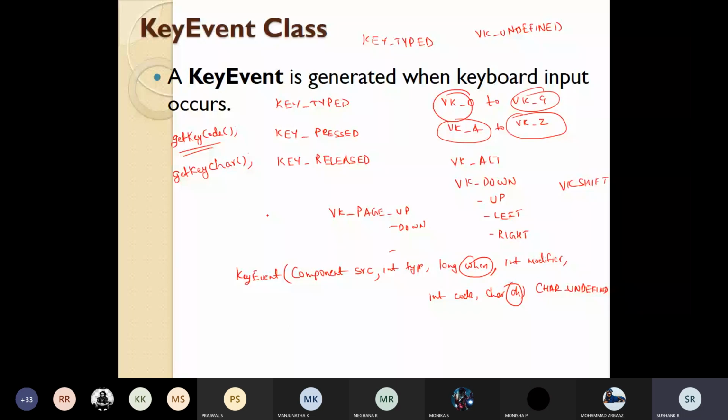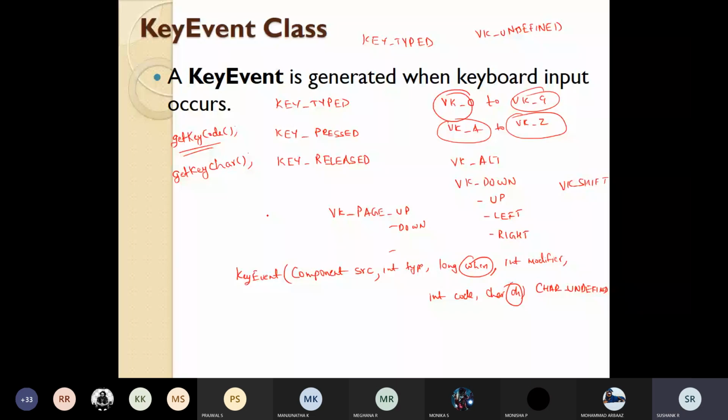Here we have one constructor for MouseEvent. The first one is the component, which will be src. The second one will be an integer type. The third one is when the event occurred, so long when. After that, which modifier, so integer modifiers.